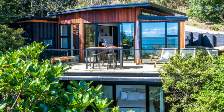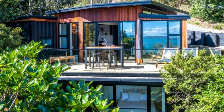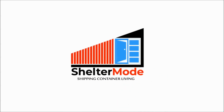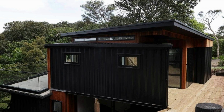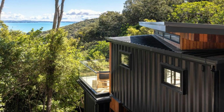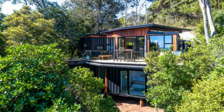In this video, we present a magnificent architectural masterpiece situated in Rockies Bay on Waiheke Island. The house consists of 5 20-foot containers and 2 10-foot containers that descend down a steep slope into the surrounding